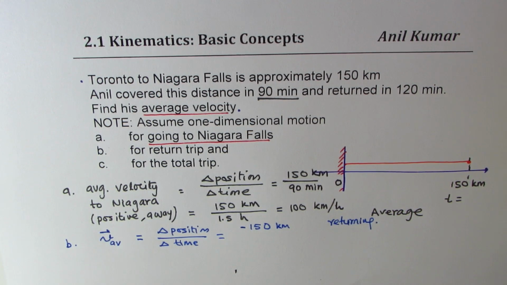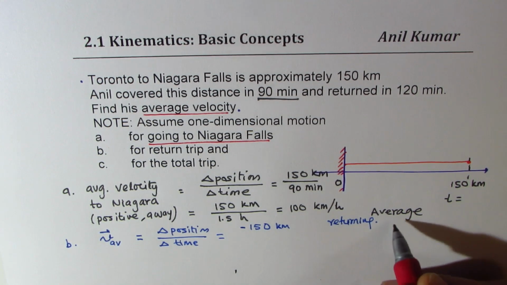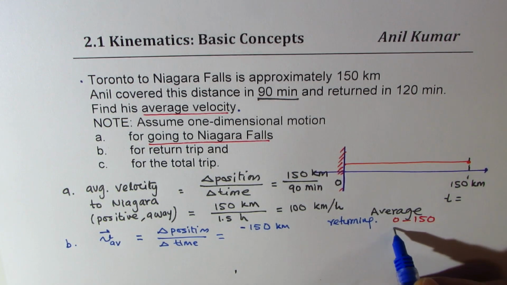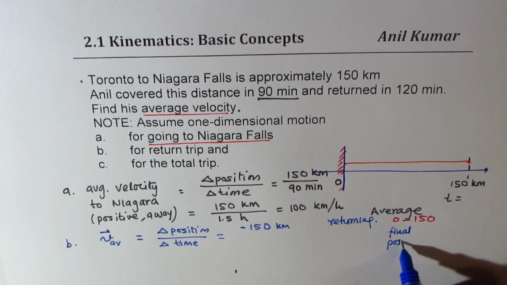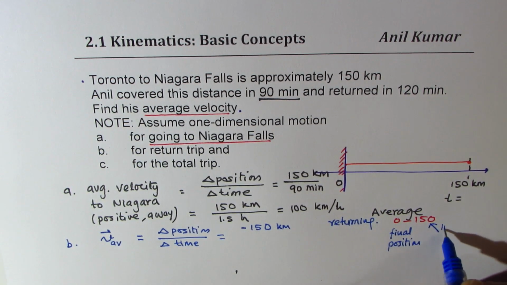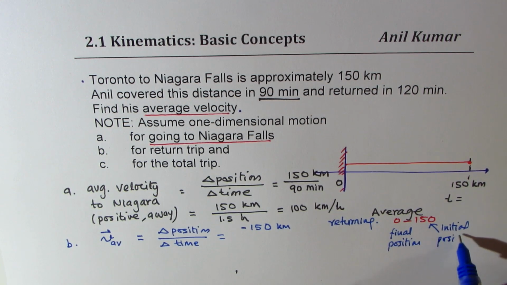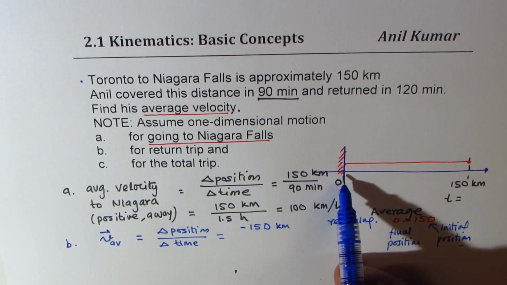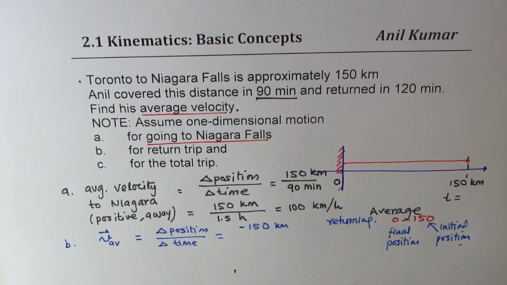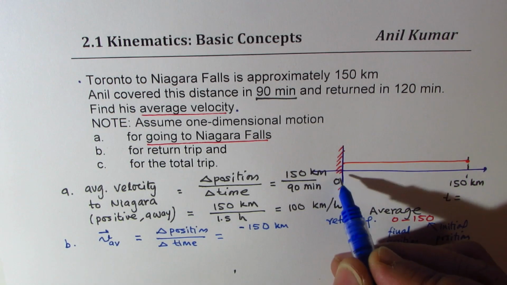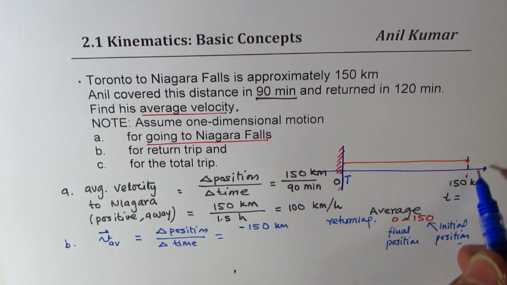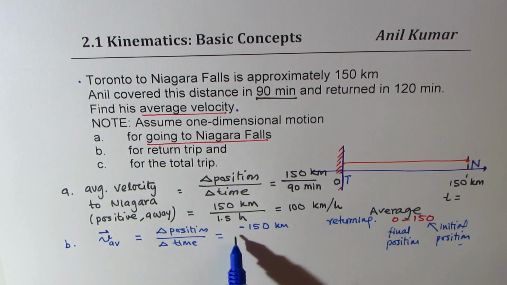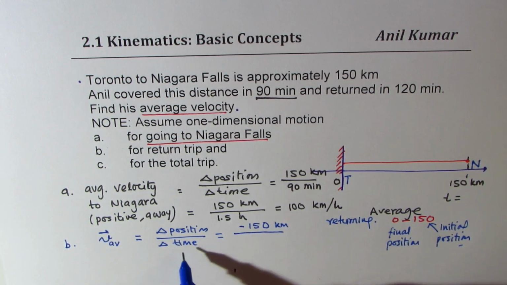You could also treat this as 0 minus 150, which is, let me write here, final position, and this is initial position. Now at Niagara, you are 150 kilometers away, this being the reference. So in all physics problems, we have to work with our reference point. In this case, the reference is here, which is Toronto, T, and Niagara, N. So the return will be final position 0 minus initial position, which gives us minus 150,